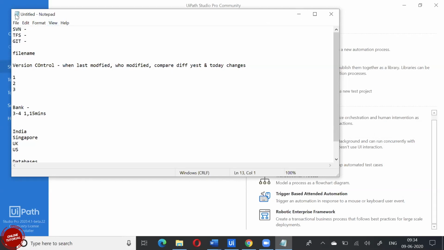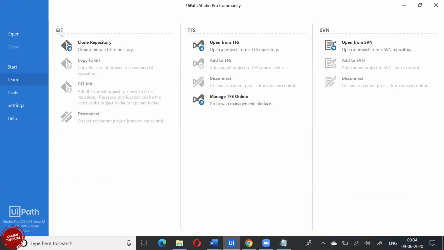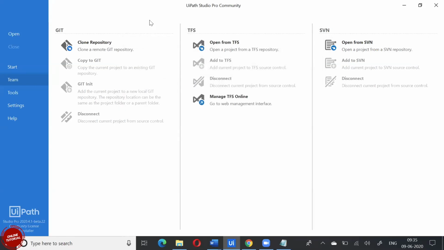So from there, if you want to get your code, you can use this clone or checkout. See here, it will take you to all the 3 repositories. In real time, once you have a license for this, your status will be connected and you can access each and every piece of information. For example, if I show this, see here, it will be connected to the server. Once you are connected, it will show you all the details: what the files are, what the folders are, whatever it can be. Every piece of information will be stored here. This is how, in real time, all the companies maintain it.